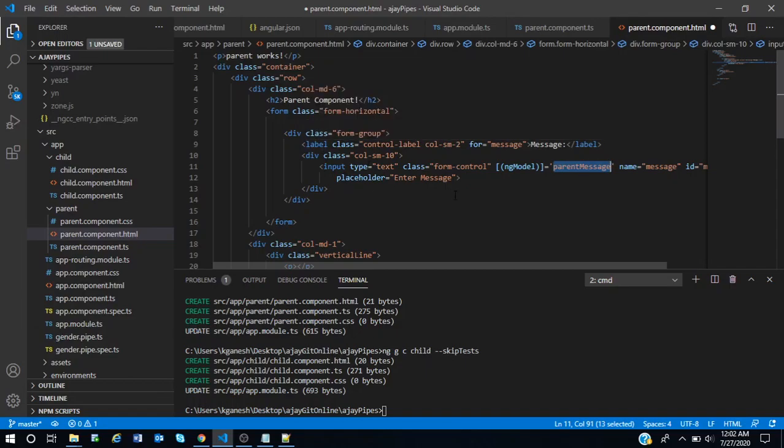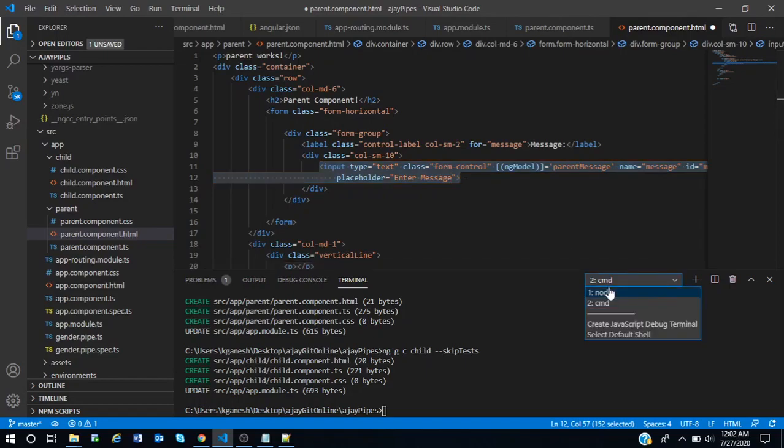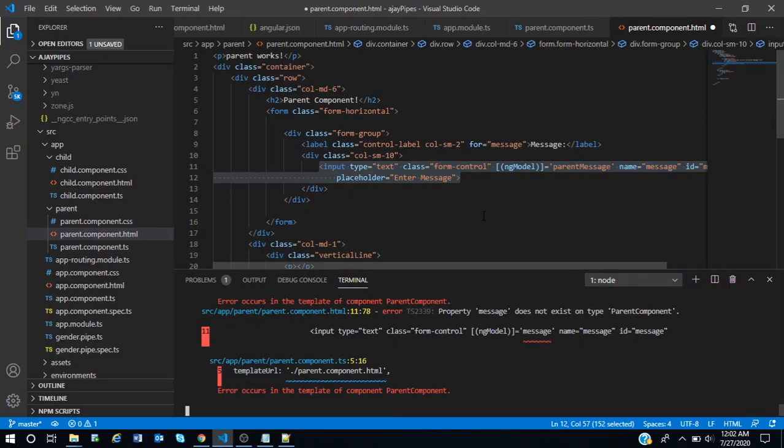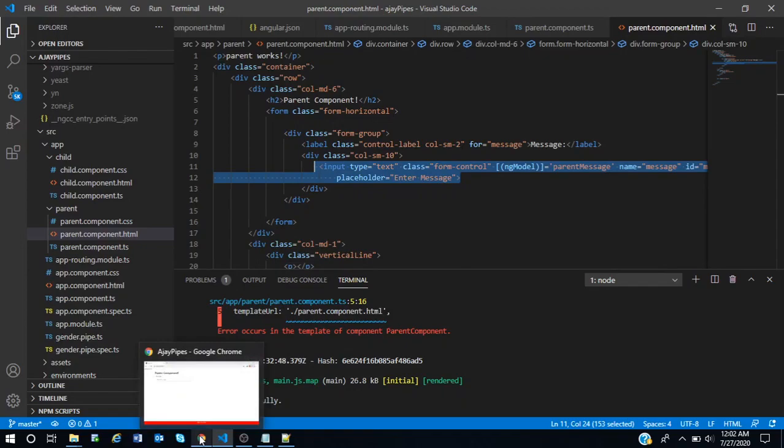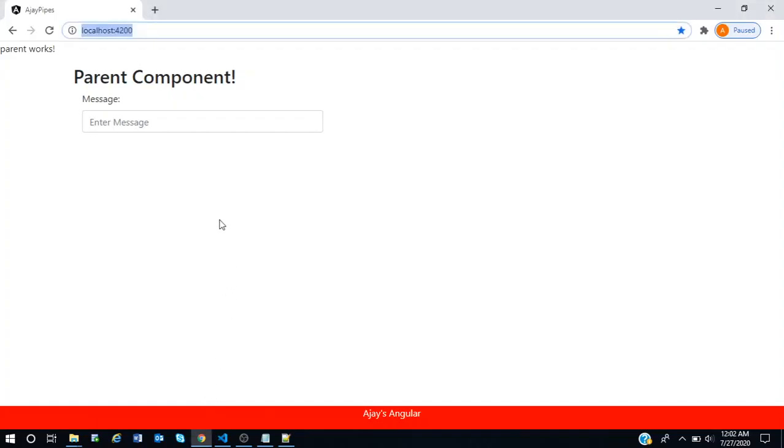So whenever I enter something in this text box, the data should be bound in the child component. This is what my task is, sharing the data from parent to child. We will look into this output at this particular instant.